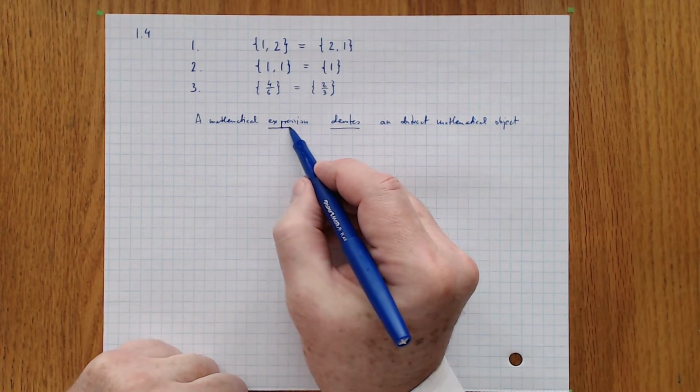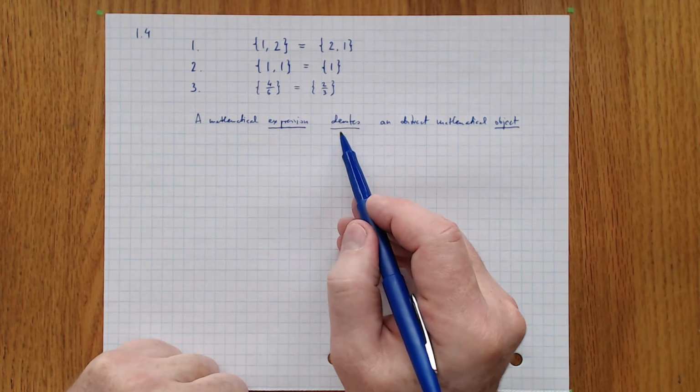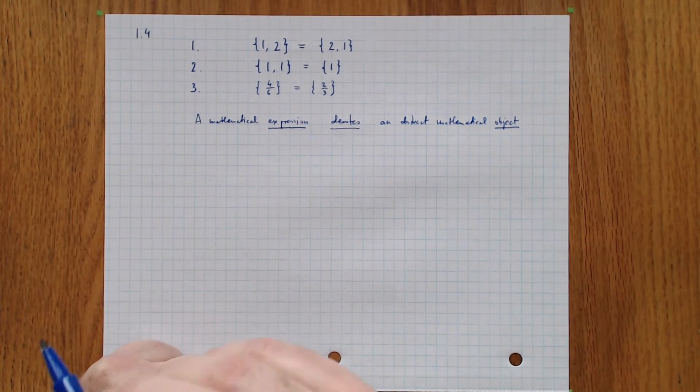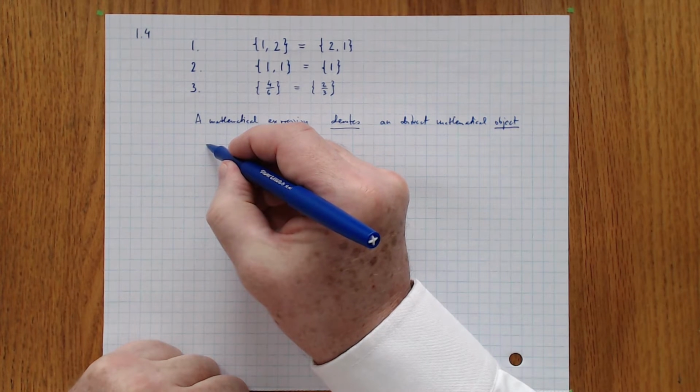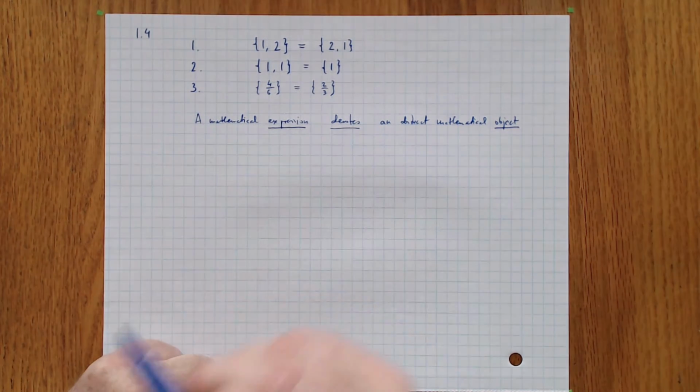So we have expressions and objects. An expression denotes an object. To explain the third part of our example,